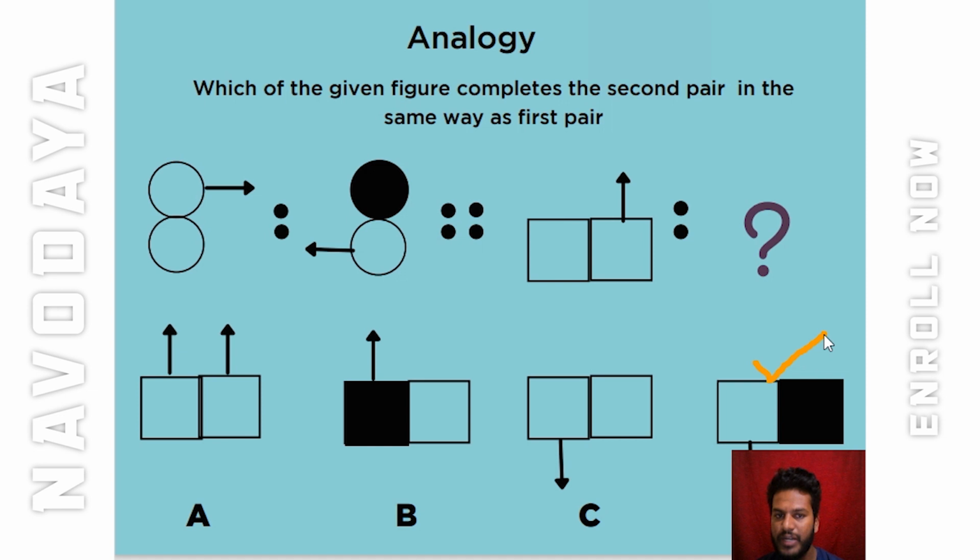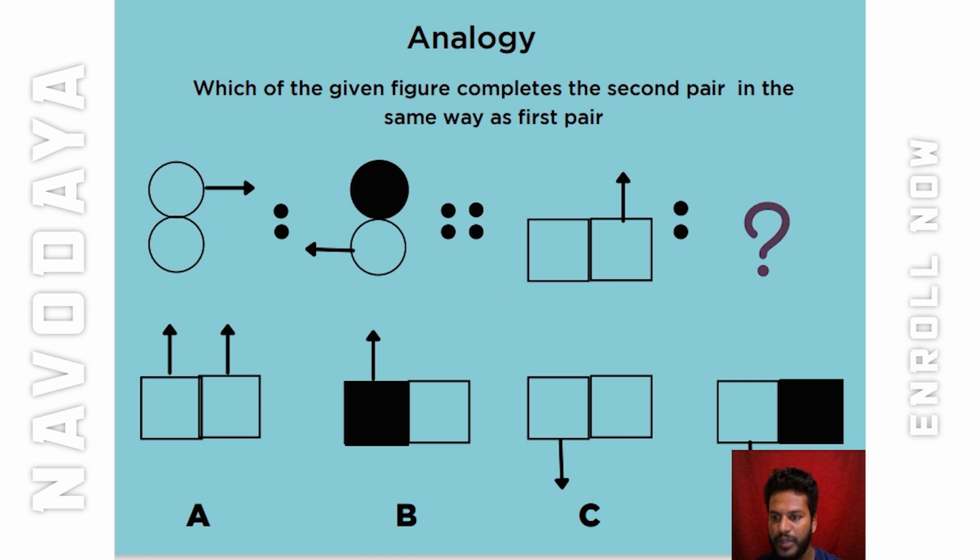Whenever you see a question like this, where completing the pair has to match the first pair exactly, you need to analyze that it's an analogy question and solve it like this. Is it clear? I'll give you a different technique in the main class for how you can solve it. Next, we'll move on to the next topic now.